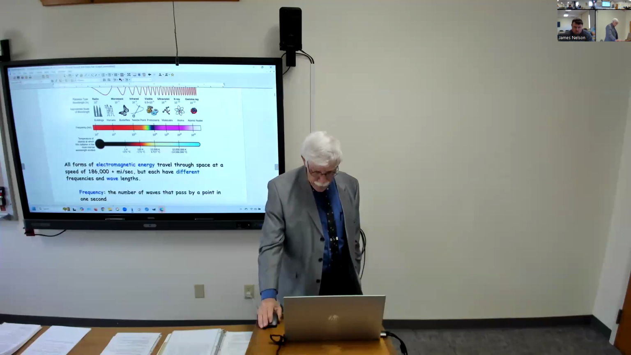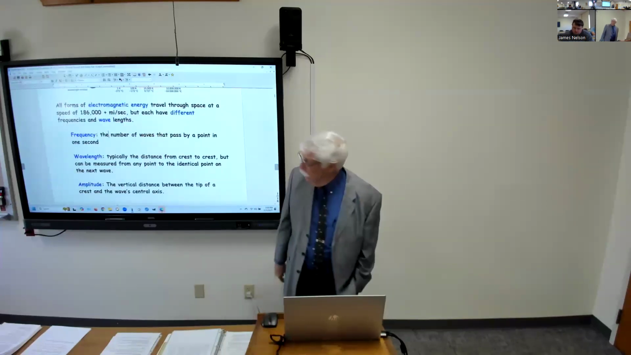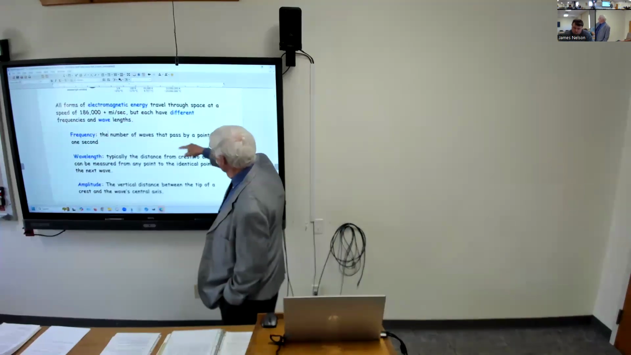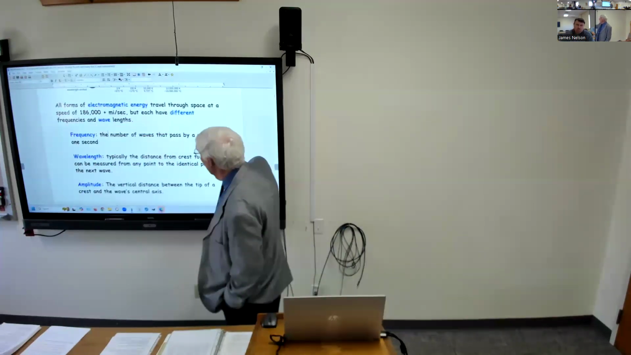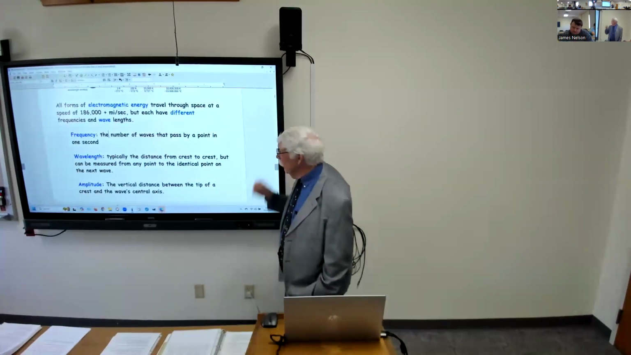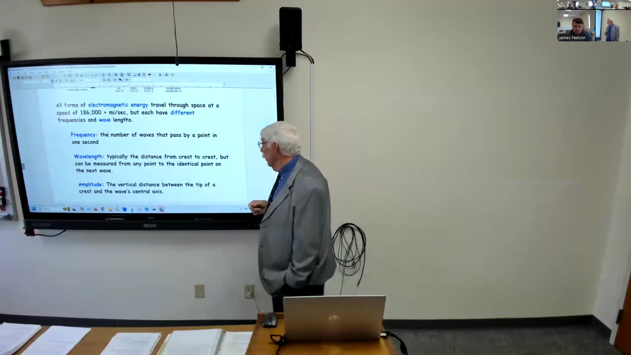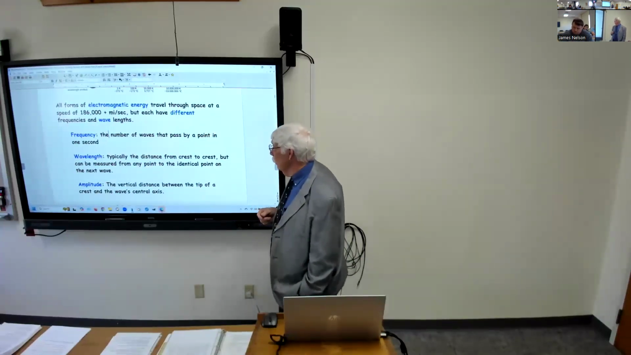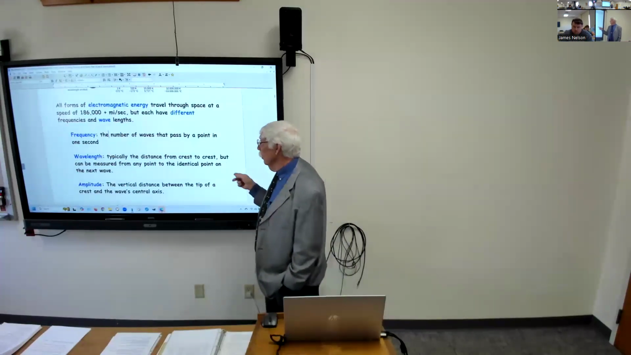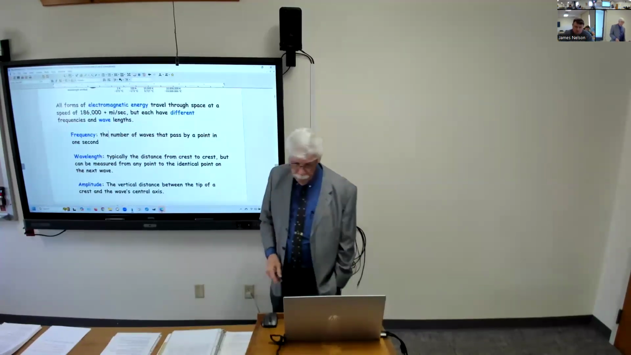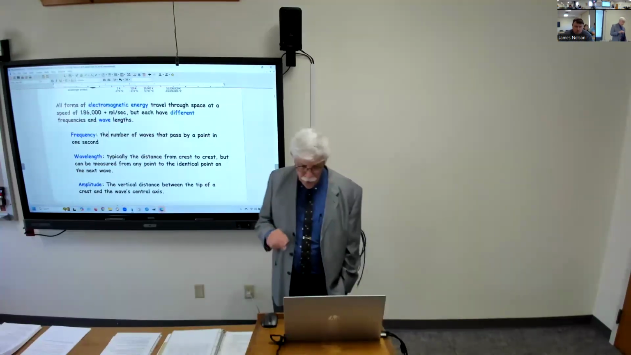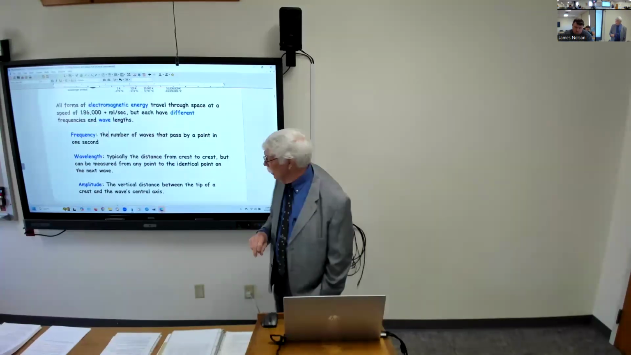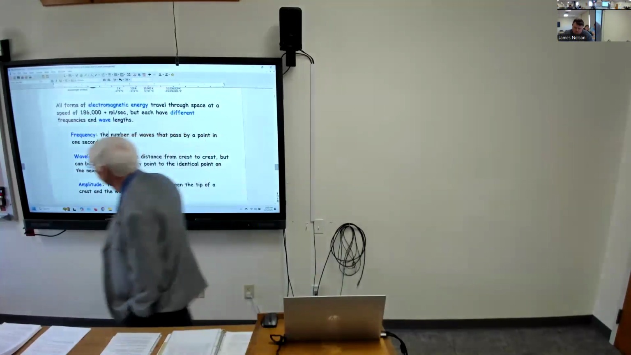Frequency is the number of waves that pass by a point in 1 second. Wavelength, so frequency, that's from crest to crest or trough to trough. That's how many waves pass by that point in 1 second. Wavelength typically is the distance from one crest to crest, but can be measured from any point to the identical point on the next wave. And amplitude, the vertical distance between the tip of the crest and the wave's central axis. So that's when you have the wave